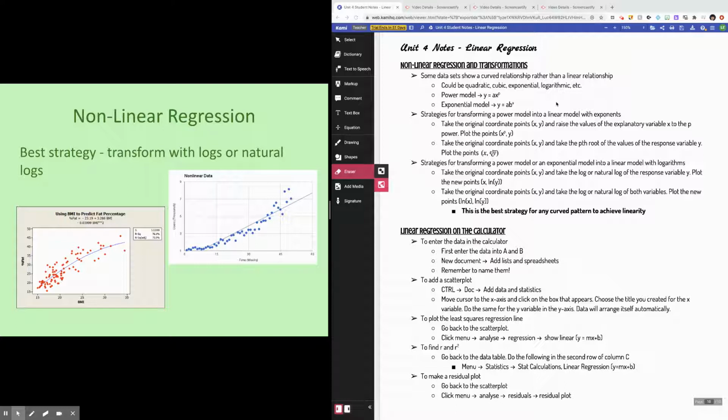Okay, so what we have to do in order to use our linear regression tools is we have to convert our nonlinear data into linear data. Okay, there's a couple of ways to do that. If you have a power model, for example, you have quadratic or cubic data. What you can do on a calculator is you can take the original coordinate points and either raise the x variable to a power,